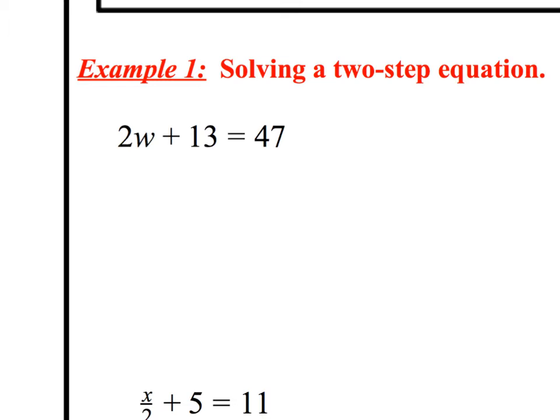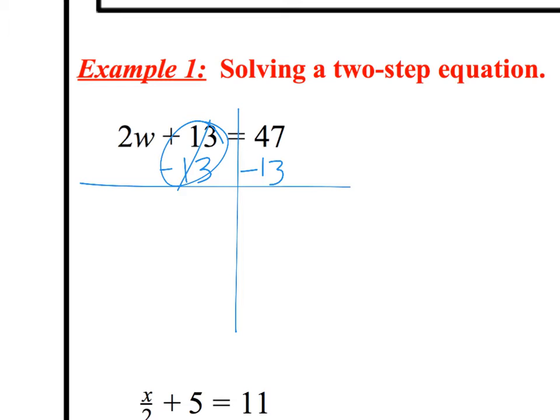Now that line down the equal sign. When we are solving equations, we're going backwards. So I'm going to subtract 13 to both sides. And when I do that, 13 minus 13 is 0, so it gets to cancel out. And I bring down my 2w. And that's equal to